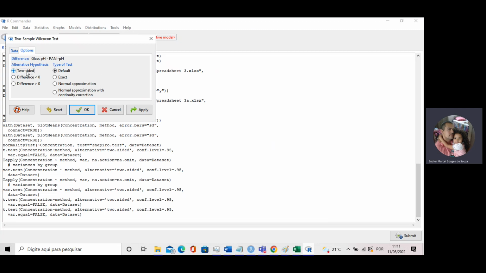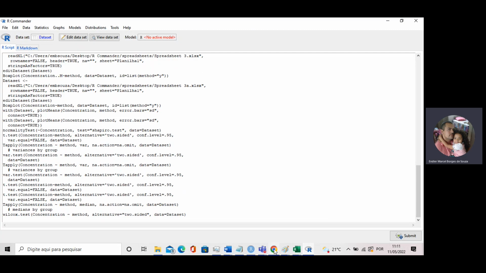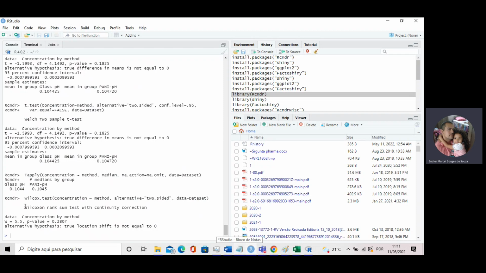I am looking for a two-sided test. I will leave it here as default, and let me go into OK. My results will be shown here. The Wilcoxon test, a non-parametric test also known as a rank test, shows me that the two means